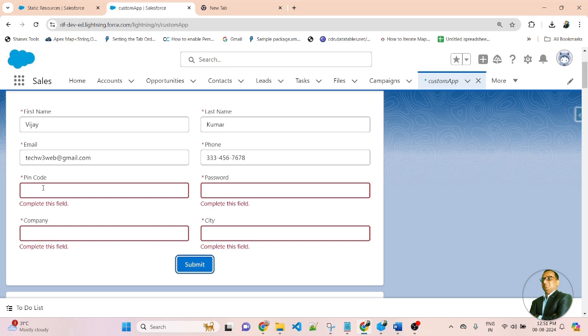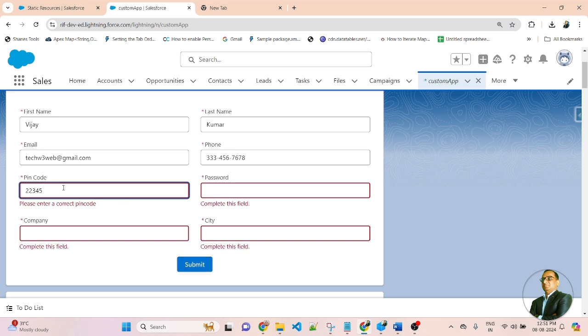Then here I am applying the pin code validation. The pin code will check 6 digits of the value. First I am using 4 digits of the integer value, 1, 2, 3, 4, 5, and check. You can see: please enter correct pin code. So friends, a pin code always exists as a 6 digit number.